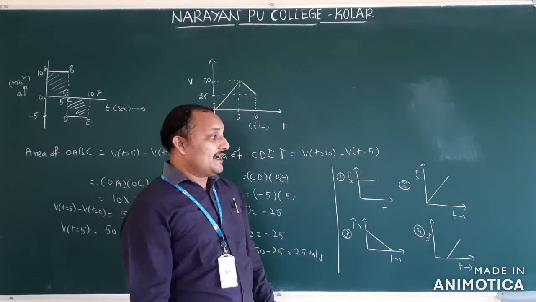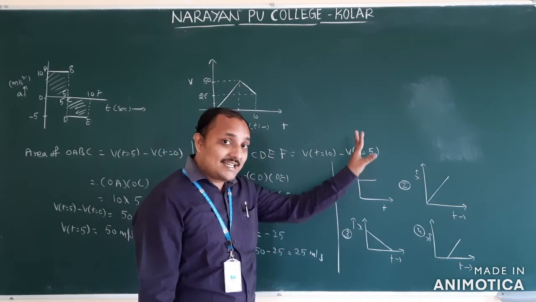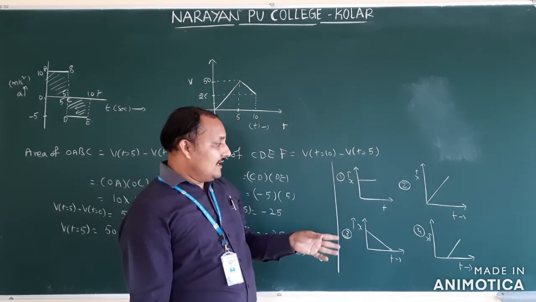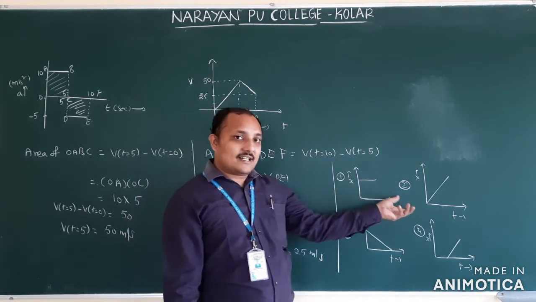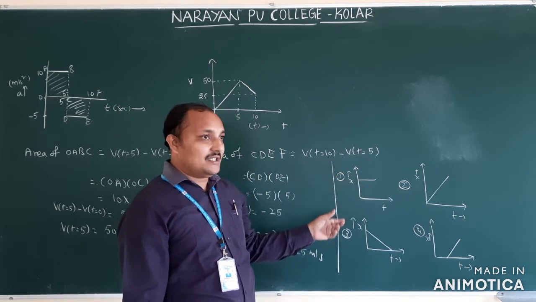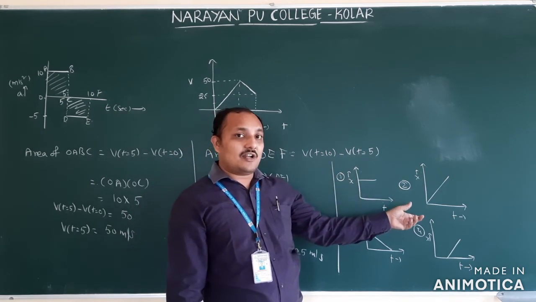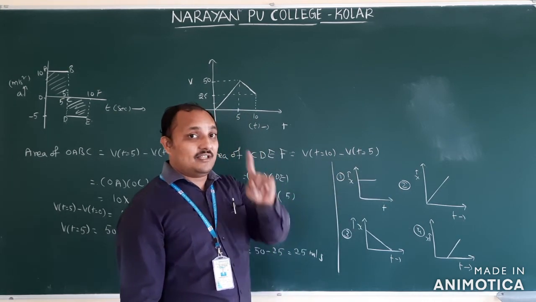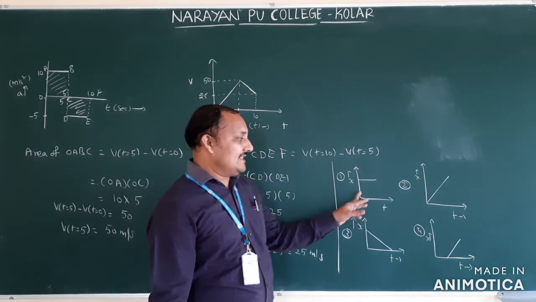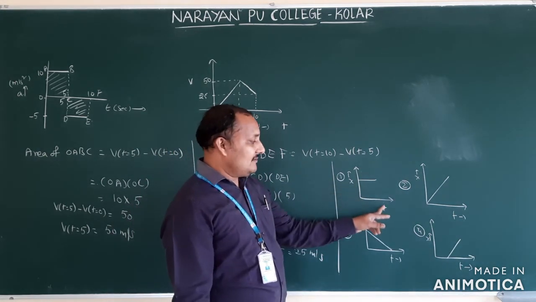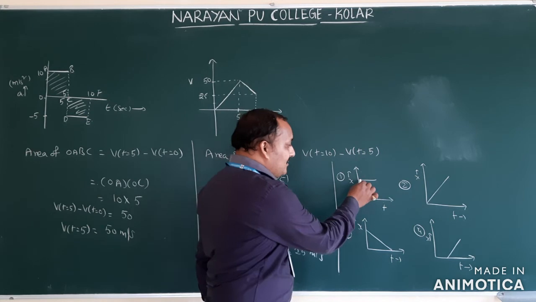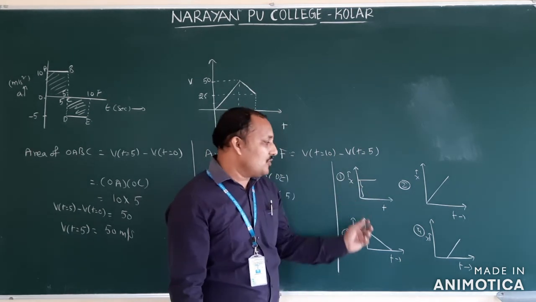Which graph we can't get? Which graph is not a distance time graph? These graphs are correct for displacement time, but not all of these are correct for distance time. That is mainly one is not correct. First we will see this graph. So this is x, this is time. What does this value give? Distance or position.